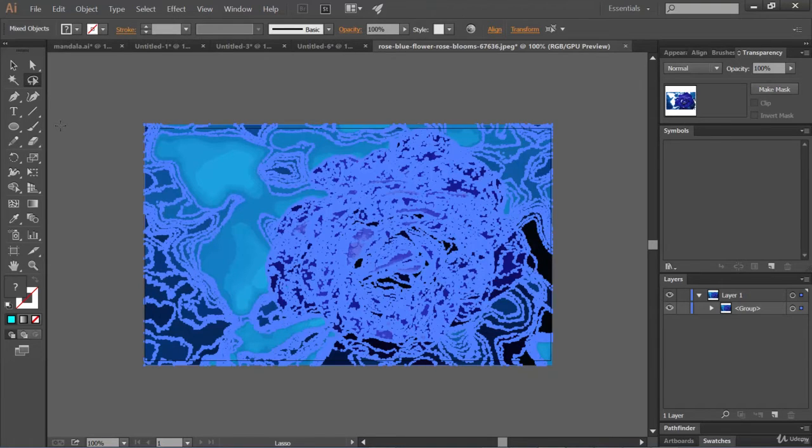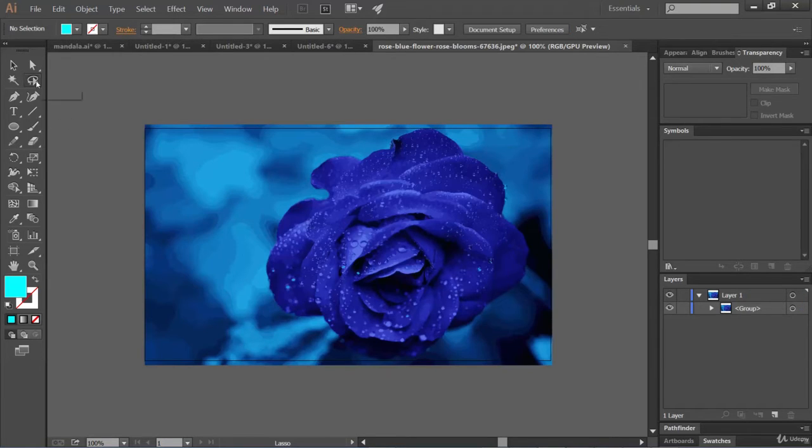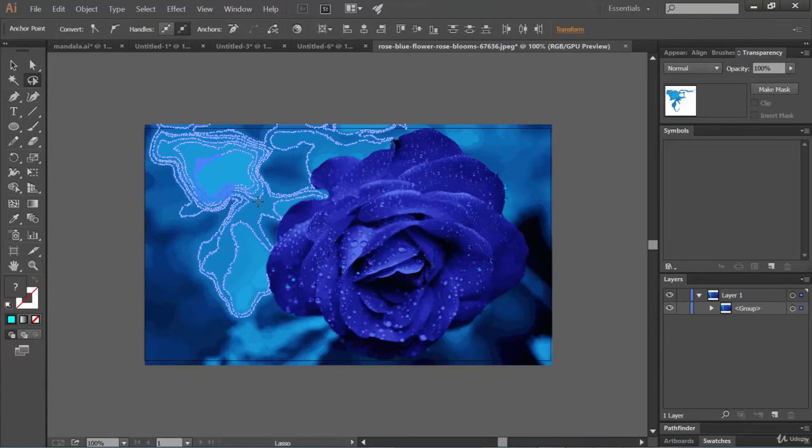And the lasso tool, let me deselect it. And the lasso tool works like this: select it by clicking on it, then click at any point of the image and draw some kind of shape, and you will see that the surrounding area will get selected.